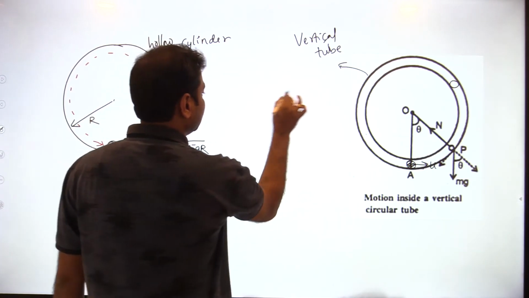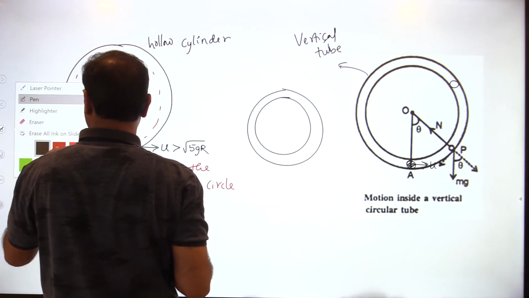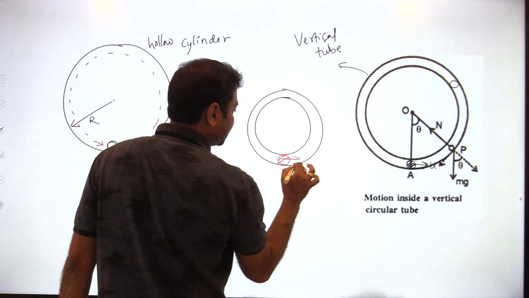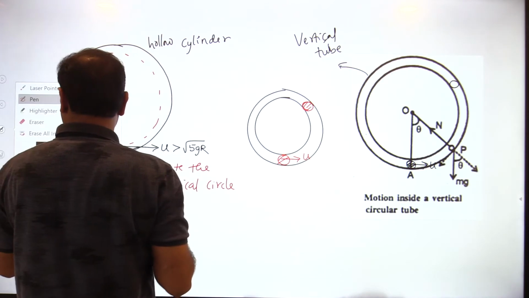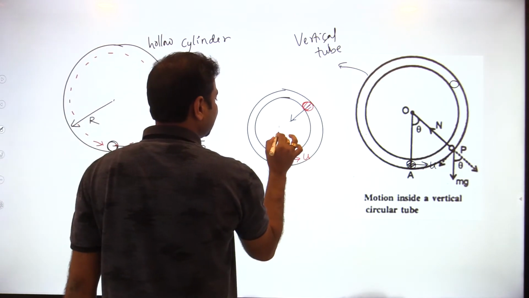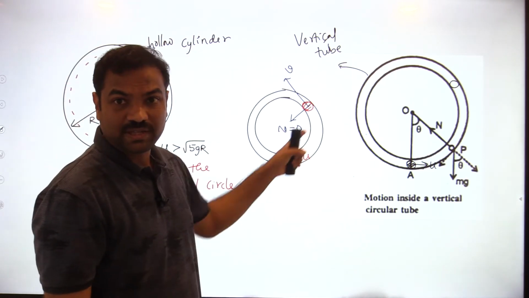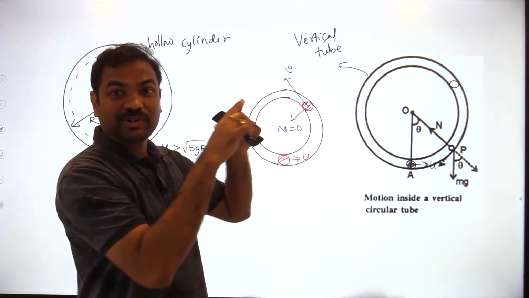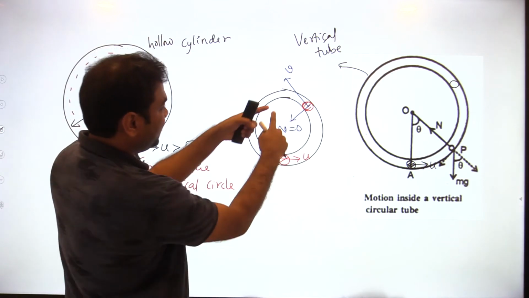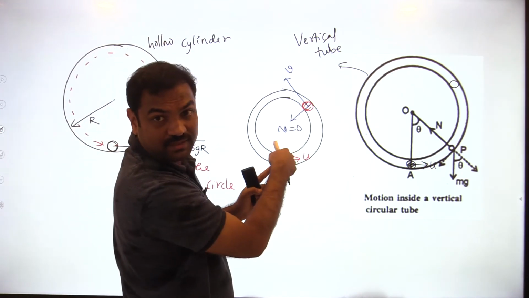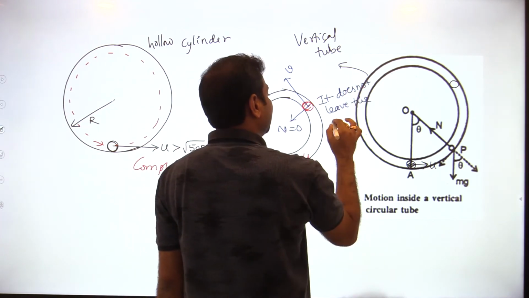Understood? In the tube. So I am drawing one more diagram. This is the tube, vertically kept, and the radius is r. Now I am taking one particle here and projecting it with velocity u. Now the particle has gone to this place. Here the normal reaction is 0, but it is having velocity. Now tell me, will it fall down? Will it leave the circular path? No. Why? Because there is an inner surface. The inner surface prevents it from falling and won't allow it to fall. So that is why it does not leave the circular path.